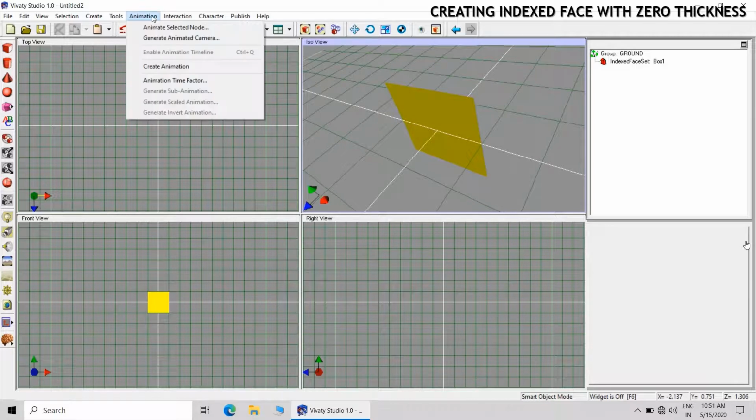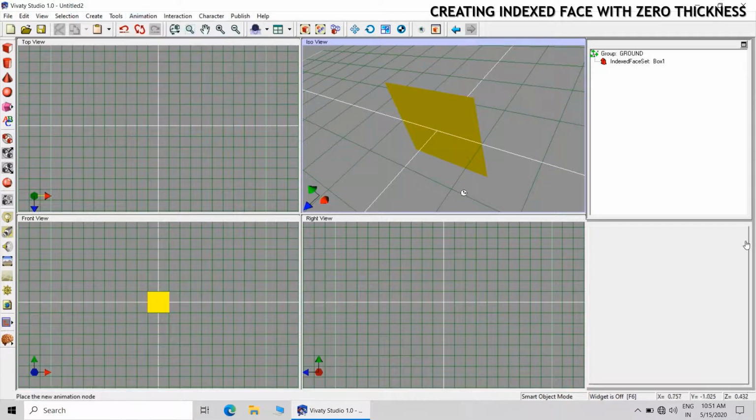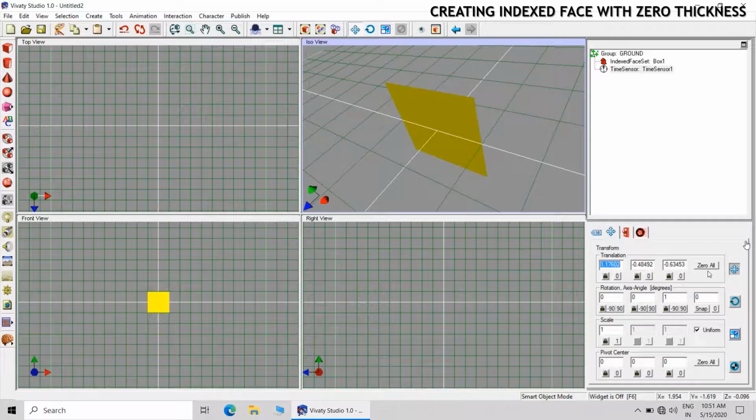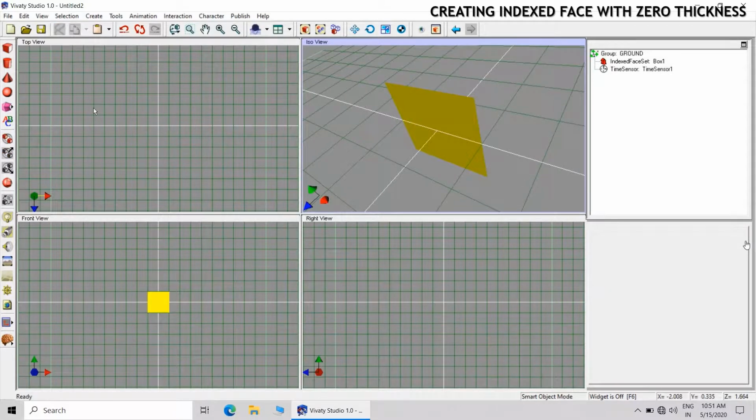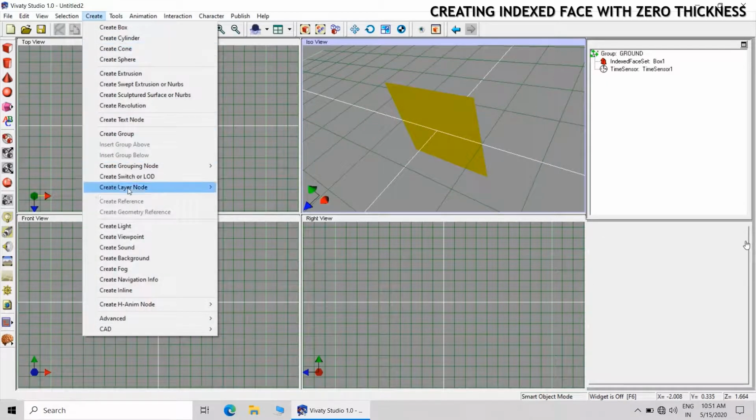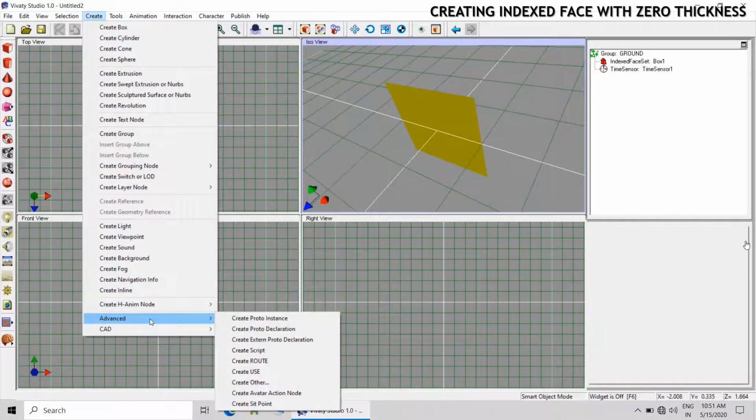Now we will create the animation. Go to create animation. Again it will be of 4-second duration and auto start. Then we will create the coordinate interpolator.